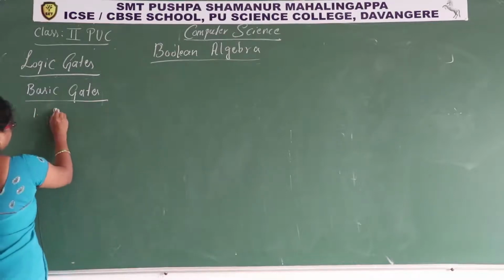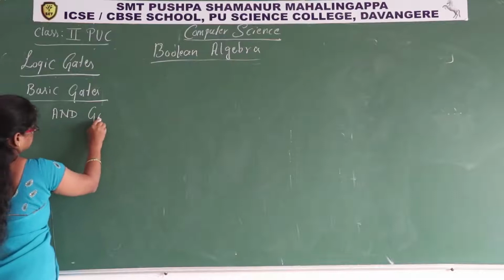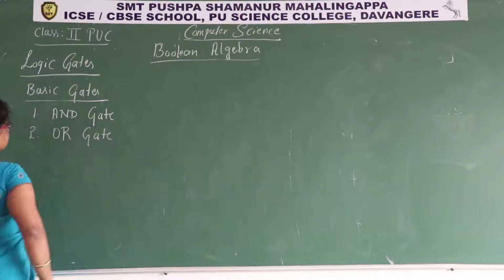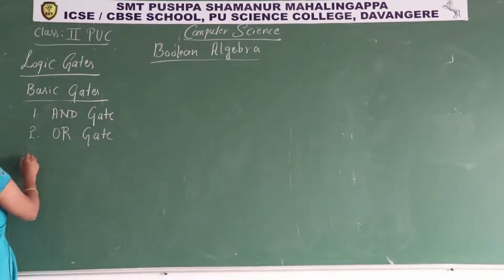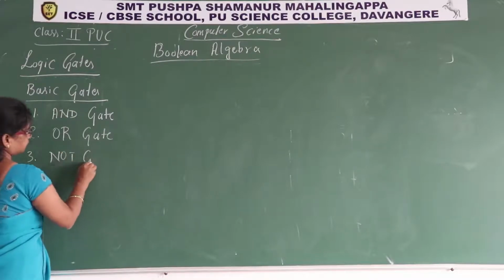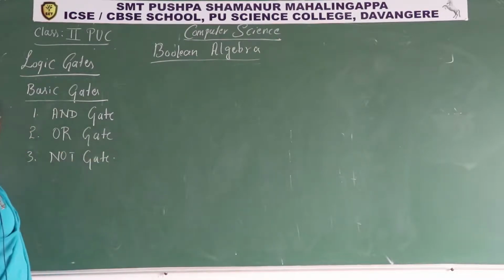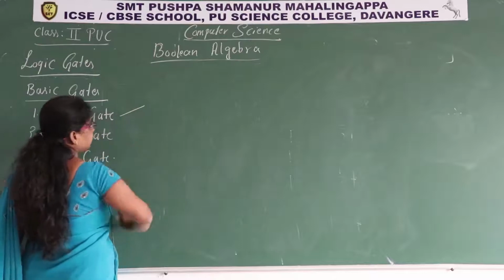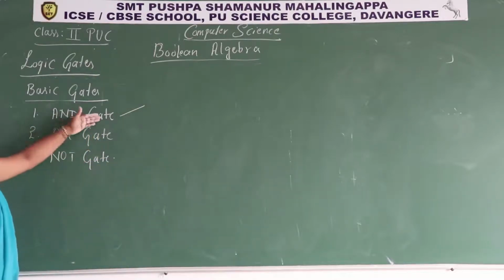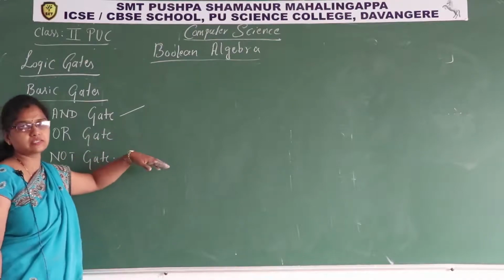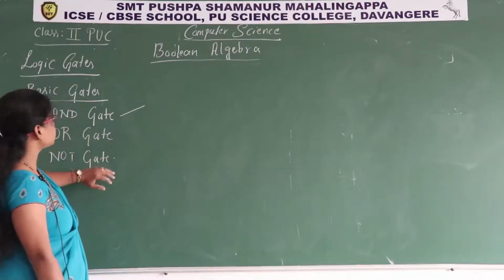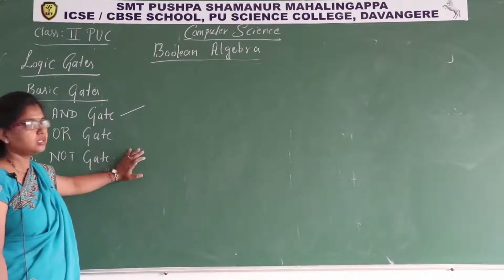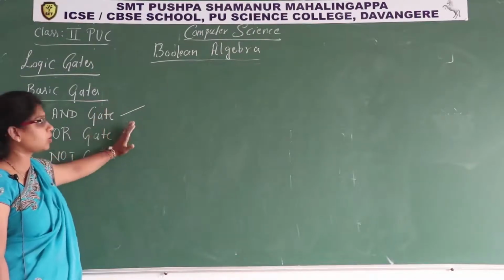So, AND gate, OR gate. Again we will discuss these gates in detail in the logic gates chapter. And NOT gate. So here we need to remember the symbolic representation of these gates. The working rule is same. Here when it comes the word gate, you have to say in terms of signals, that is high signal, low signal. When it comes in terms of operator, you have to give values, binary values 1 and 0. In that way we have to give the explanation. If it comes to gate, high, low format, we have to write the explanation.